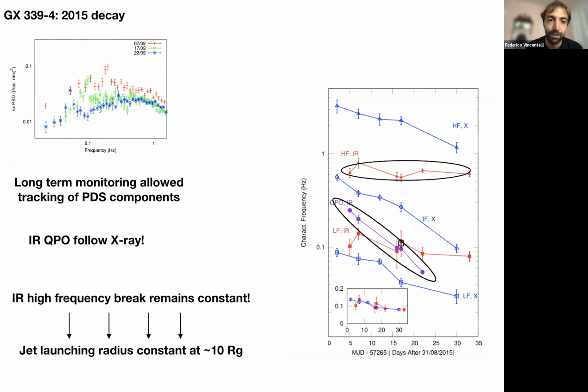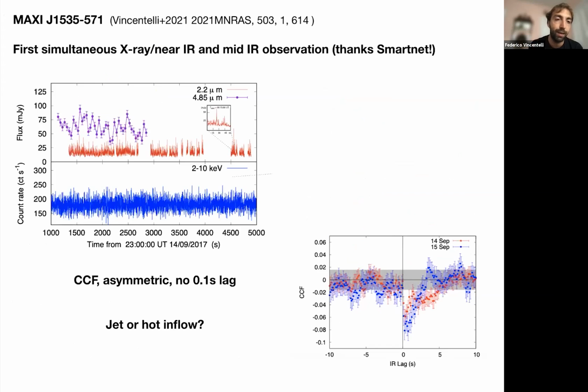So then we have another source. Apart from that, I have another source to show, Maxi 1535, that was a very bright source that went into outburst in 2017. We observed with XMM and with HAWK-I, the fast infrared photometer, and also with time resolved mid-infrared observations, as you can see in magenta. This is the first time that this kind of observation was done, and this was done through SmartNet, that is